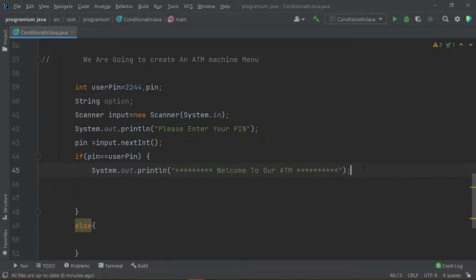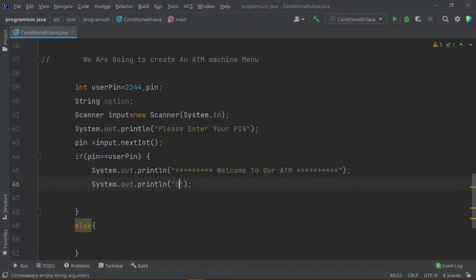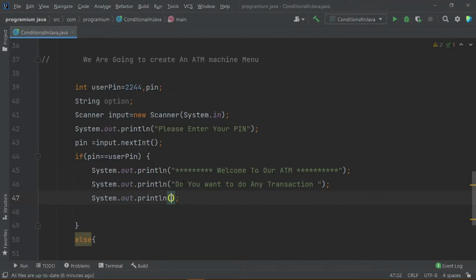So guys, now we have welcomed our ATM user. Now what we have to do, we will say, do you want to do any transaction? And again I am writing here, enter yes or simply no.